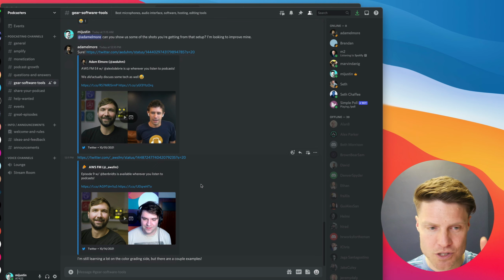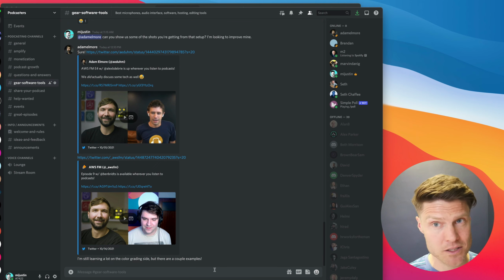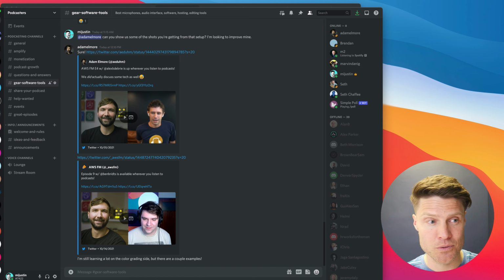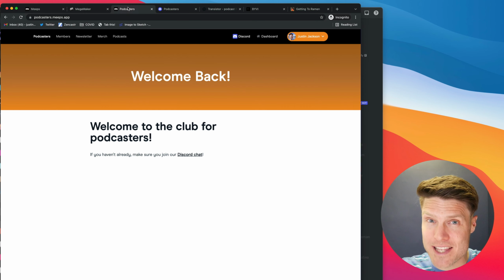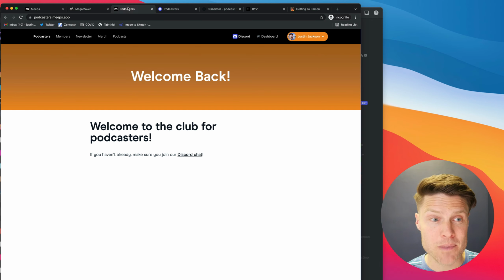And this helps you to use existing tools like Discord and Slack. Often it's a better idea to go wherever people are already using those apps. If they have Slack open all day, just use Slack. Don't try to create another chat app. And what Meeps provides is the hub for your community, even if you're building it for free, because now we